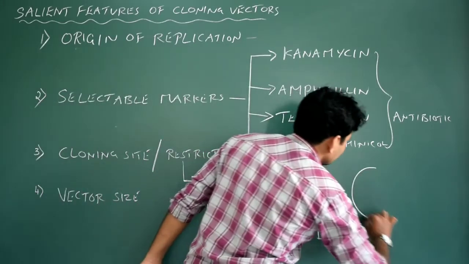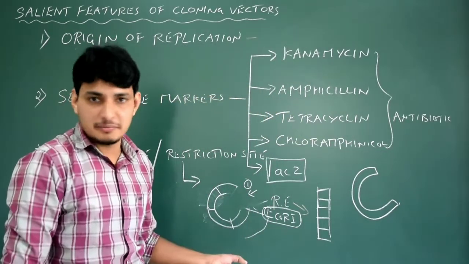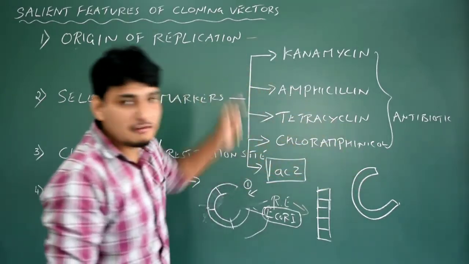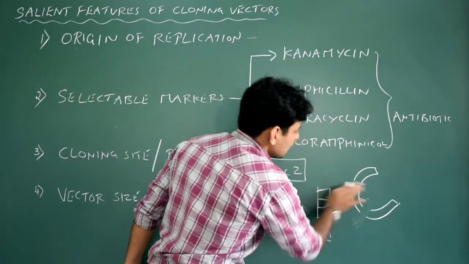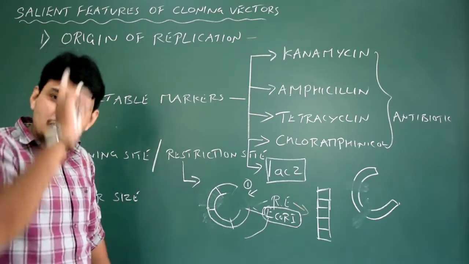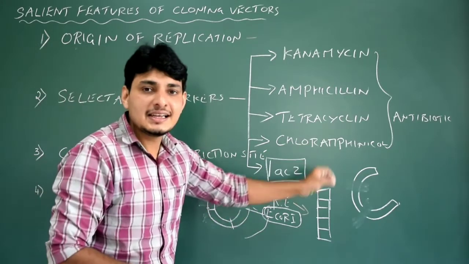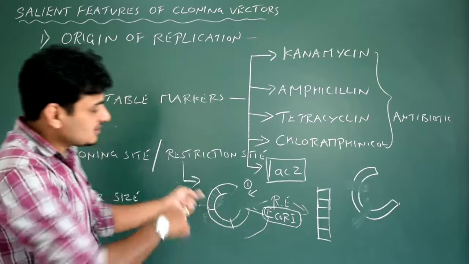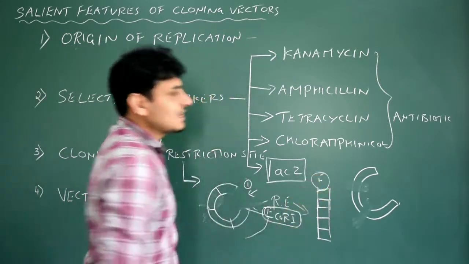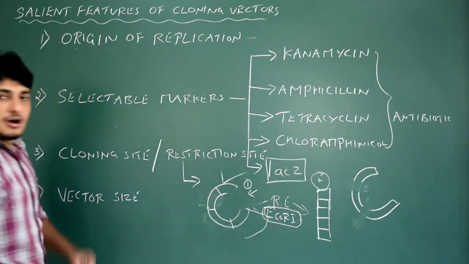So the structure should be like this. Only one particular fragment or piece from the cloning vector should be deleted by the restriction enzyme. If you have more recognition sites in a specific cloning vector, then you get pieces like this. So note this point. Cloning site is very, very important. That means only one cloning site is preferred in a cloning vector, to construct ideal recombinant DNA. This same is applicable to the foreign DNA also. But we are not talking about the foreign DNA, we are talking about cloning vectors' salient features. So we just stick here. Hope you understood.